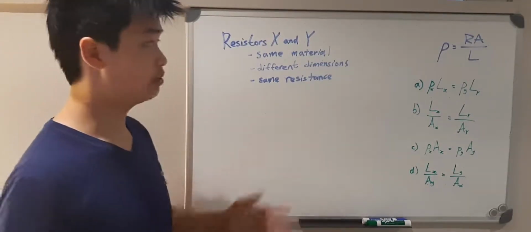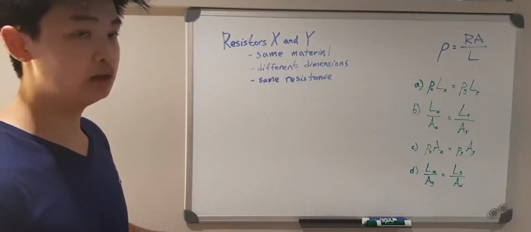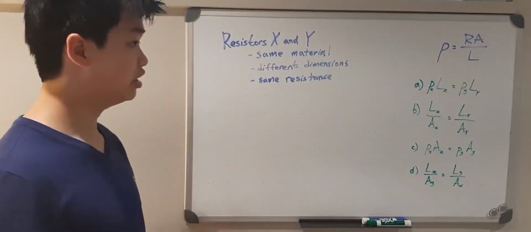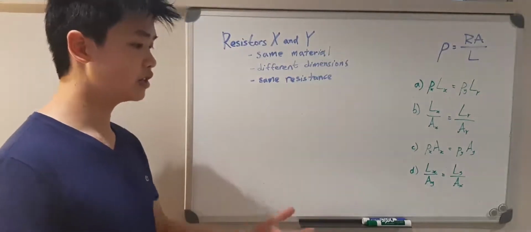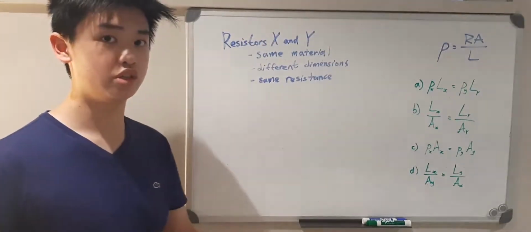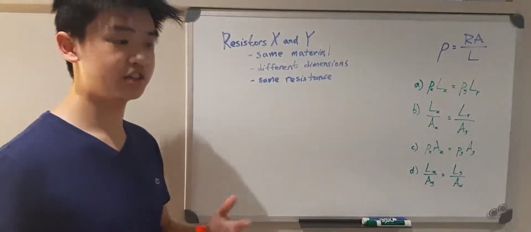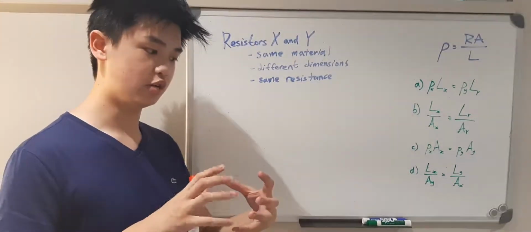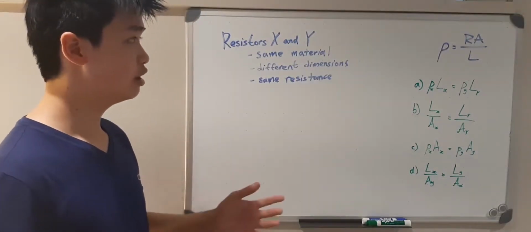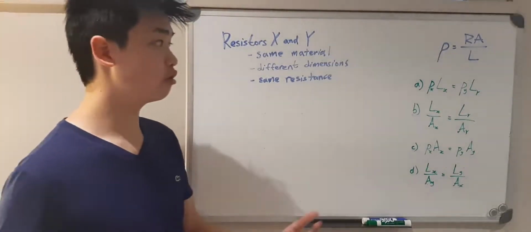So we can use the equation rho equals R multiplied by A over L. So rho, that letter over there, that's a Greek letter, and what it is, it's the resistivity. And resistivity is the measure of how well a certain material opposes electric current. And R, that's resistance, that's how well the resistor itself opposes electrical current. A, which is the cross-sectional area, and L, which is the length of the wire or length of the resistor in